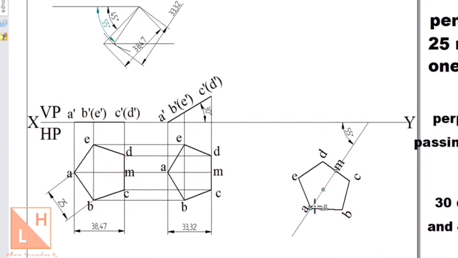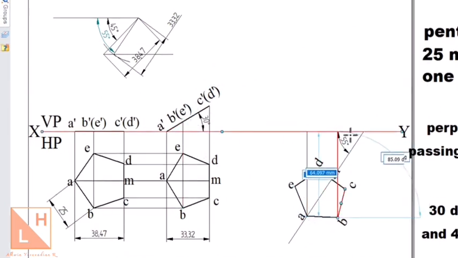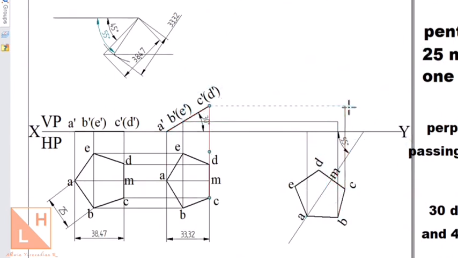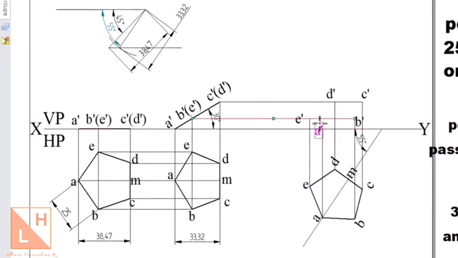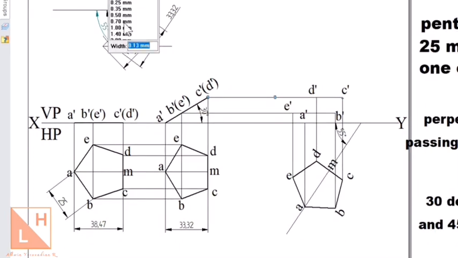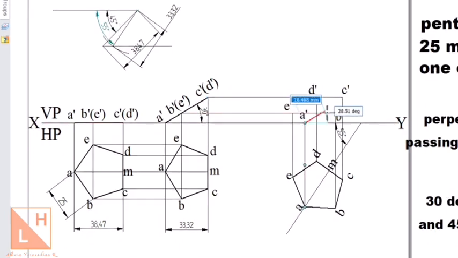From here we can use horizontal and vertical projection lines to get the final position. So let us join these 5 points with a dark line so that the solution is completed. Starting from A dash, B dash,